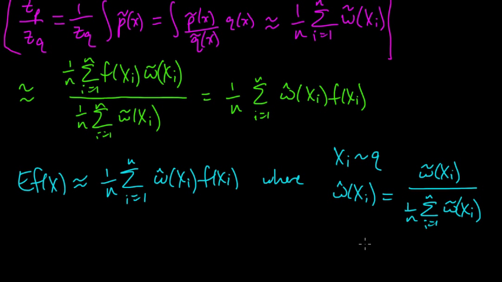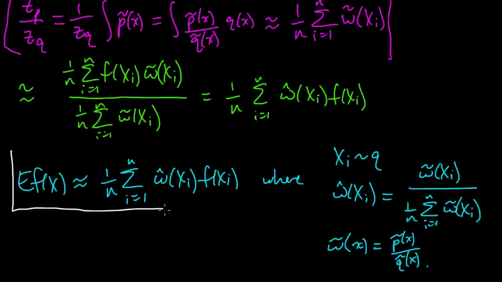And w tilde of x, maybe I'll write it here to get it all together, is p tilde of x divided by q tilde of x. Okay, that probably wasn't necessary, but just to be perfectly clear,